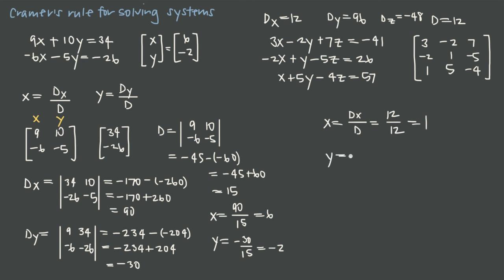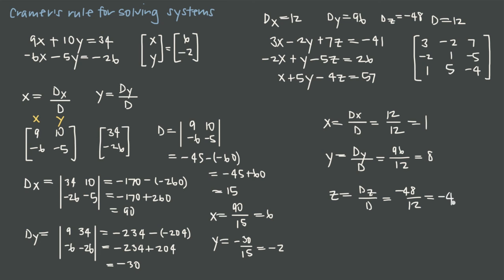The value of y is going to be dy over d, or 96 over 12, which will be 8. And then z is given by dz over d, which is negative 48 over 12,